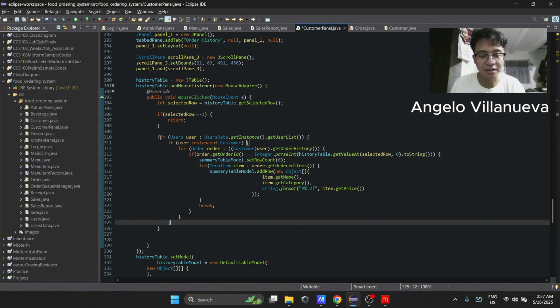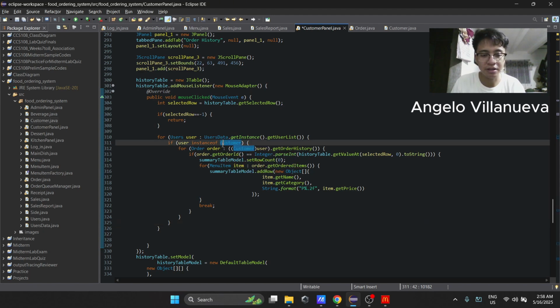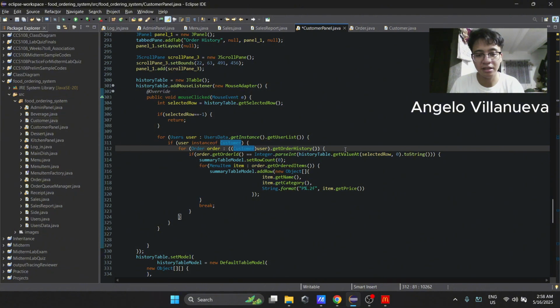So first, tatraverse na muna dun sa user list kung aling user or sinong customer yung currently na ginagamit natin. So pag nahanap niya na yung user and then ang instance na is customer, papasok na siya dito sa for loop para ma-access naman yung order history ng customer na ating ginagamit.